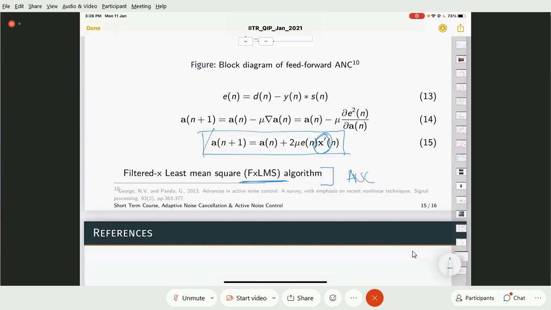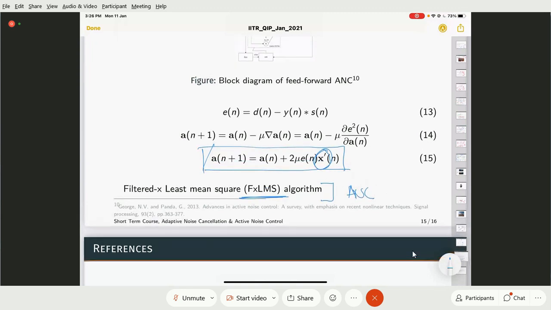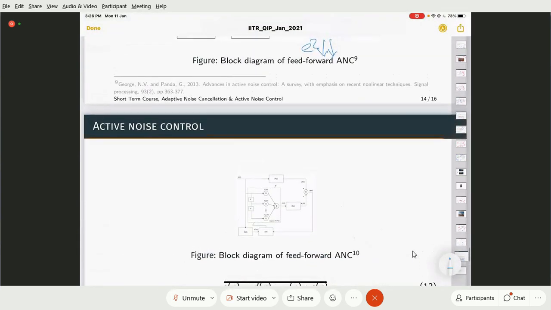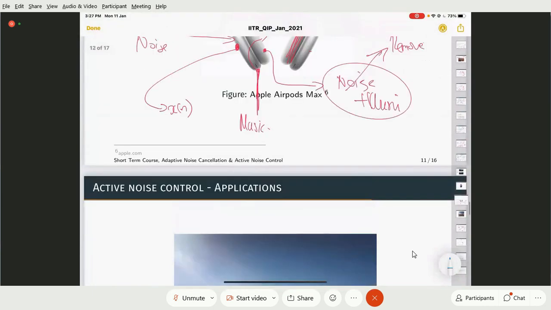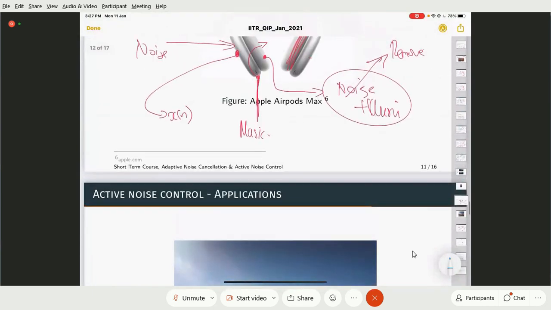In system identification or noise reduction, I could use an LMS based approach. Here I can use an FXLMS based approach. In both cases, I could use a machine learning approach to solve both the problems. Data driven approach can also be done in both the cases. Understood? So this is about noise control and noise reduction. The main thing which you have to remember is that both are different. They are not the same, and they are based on our idea about correlation of signals. That is the most critical thing which we are looking at.